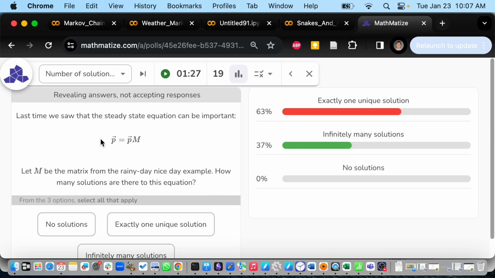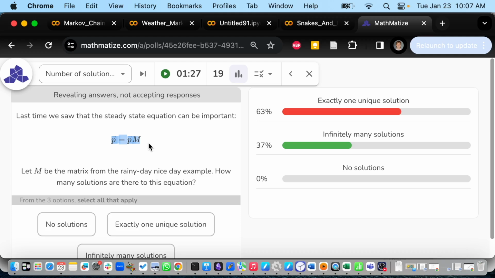And the reason last class I kept going on about this unique stuff is that as long as you specify that it is an actual probability vector, that the sum of the probabilities is 1, then there is only one solution. So you've got to be careful. Just the equation on its own is not unique, with infinitely many solutions. In fact, there's a one-dimensional family of solutions. But for the ones we care about, there was only one solution in that problem, because there's an extra equation that's missing, not on the board right now, which says that the sum of the p's should be 1. So why did I want to tell you this? Last time I did it all on pen and paper, and it all worked out.